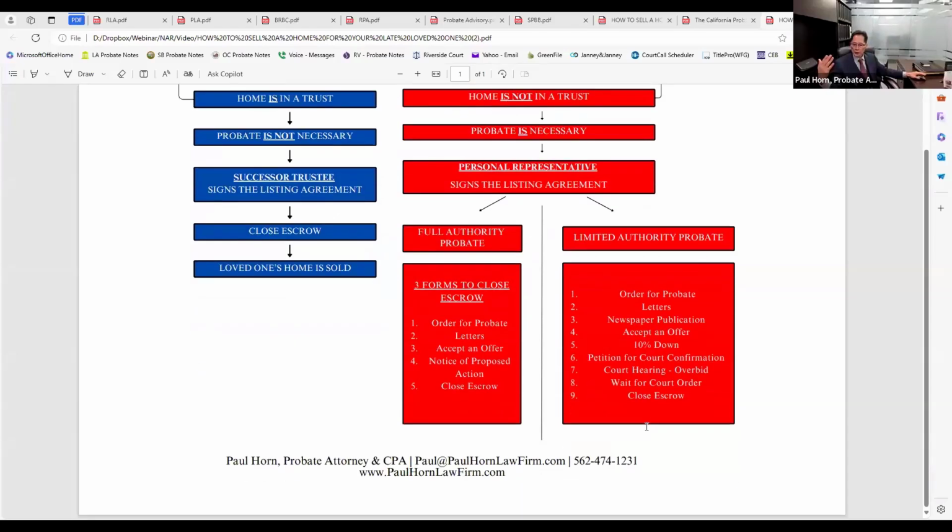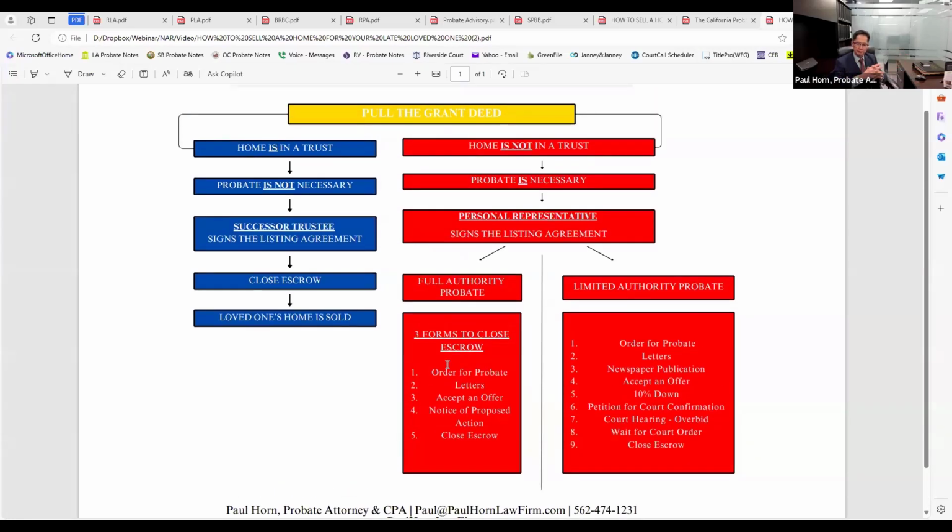For example, if you're in a probate listing situation and it's full authority, on the screen you see where it says full authority probate, you would give escrow the order for probate, and then another form called letters and another form called notice of proposed action, okay?